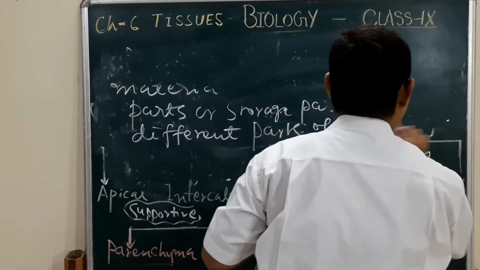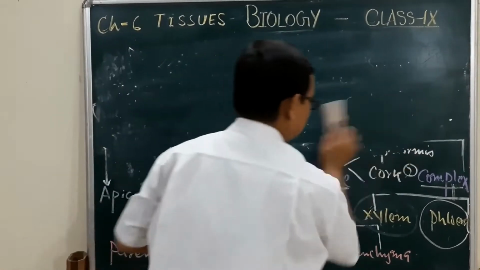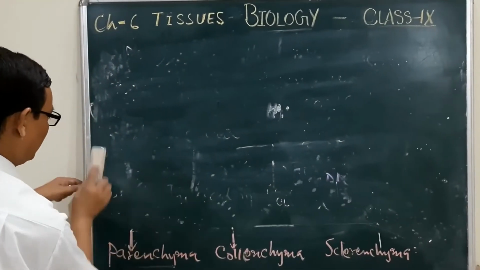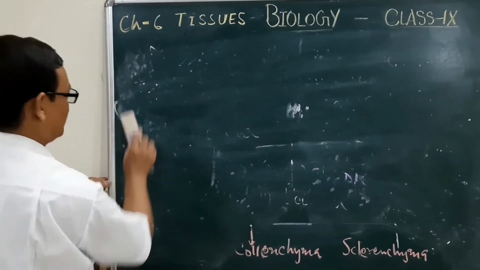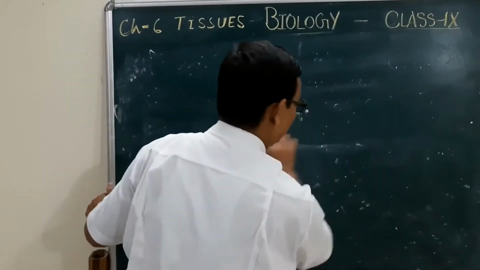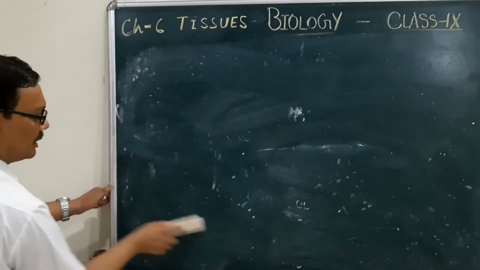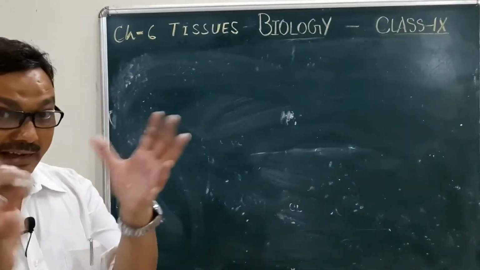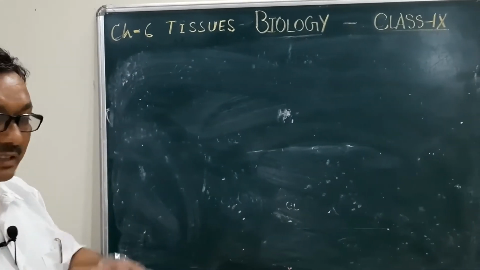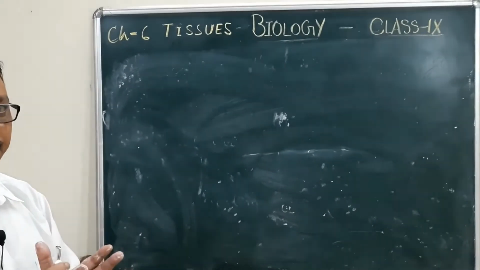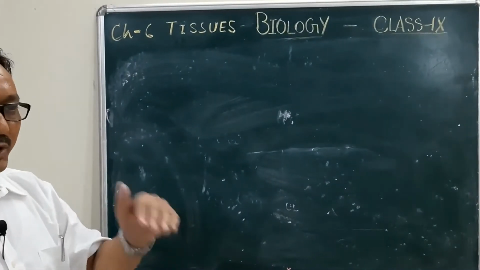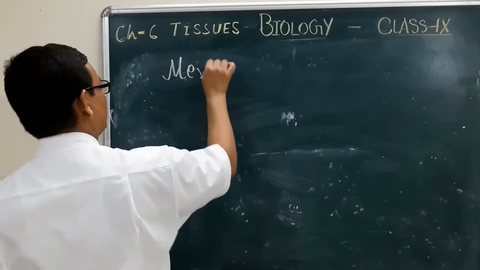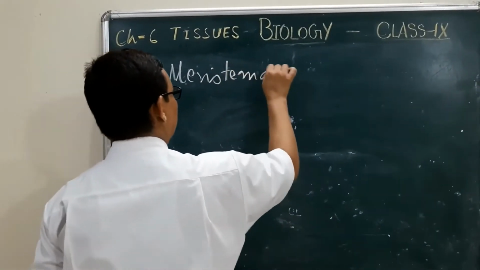Now, let us start the first type of plant tissue, that is the meristematic tissue. First, here I would like to give you an idea what are the different points depending upon which you can study. Like when we are going to talk about the meristematic tissue,